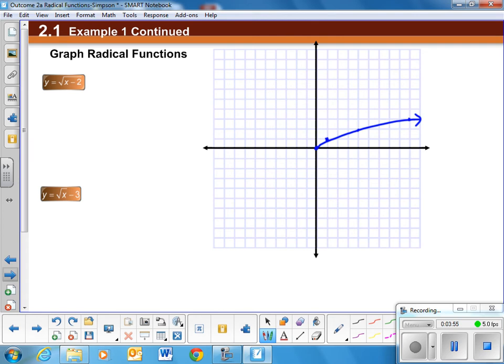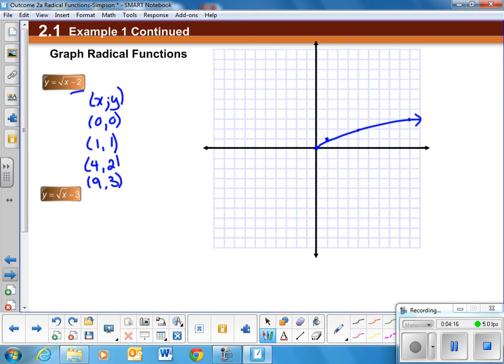So those key points, and then I can make up a mapping